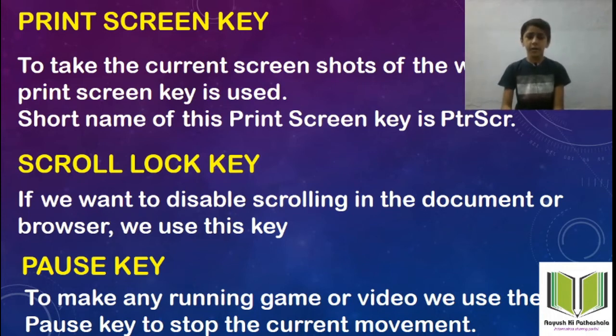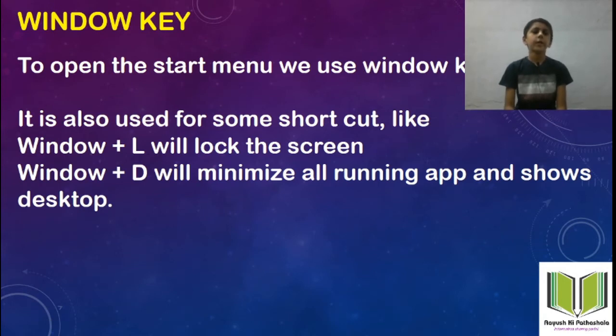To stop any running game or video, we use the pause key to stop the current movement. Window key. To open the start menu, we use window key. It is also used for some shortcuts like window plus L will lock the screen. Window plus D will minimize all the running apps and show the desktop.